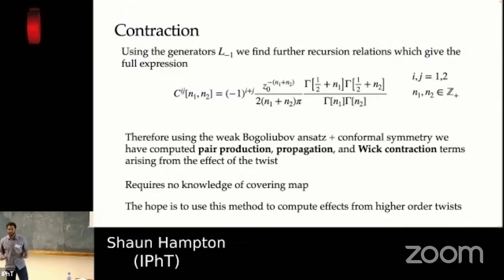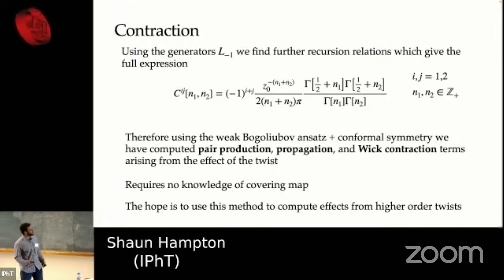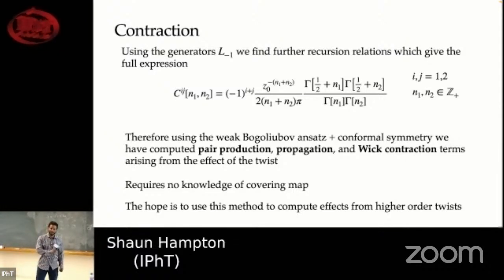So this was nice to reproduce, to show that we could reproduce what's already known. But the hope is to be able to compute effects of higher order twists, because I have in mind, of course, this is just simply a 1 boson, but if you look at the D1, D5 CFT, it's morally the same. You've just increased the number of bosons, and it's also supersymmetric. So there, if we can somehow compute effects of higher order twists,